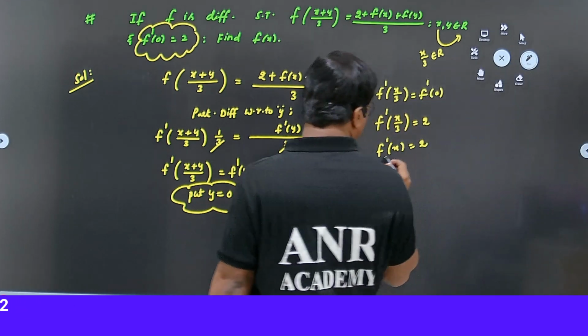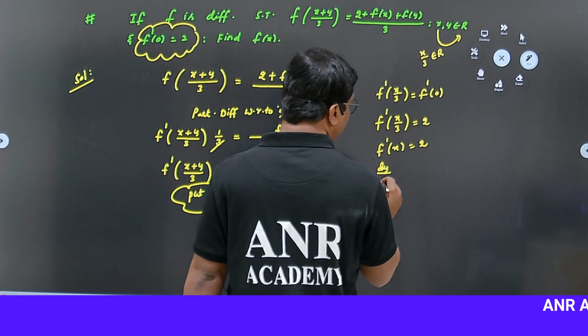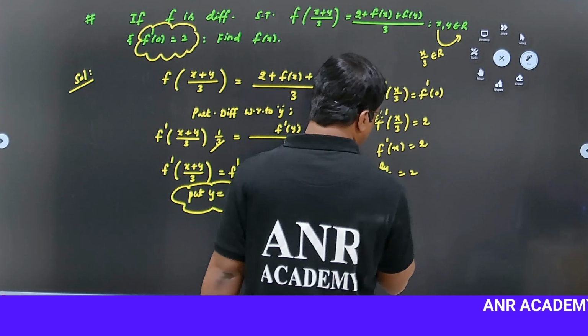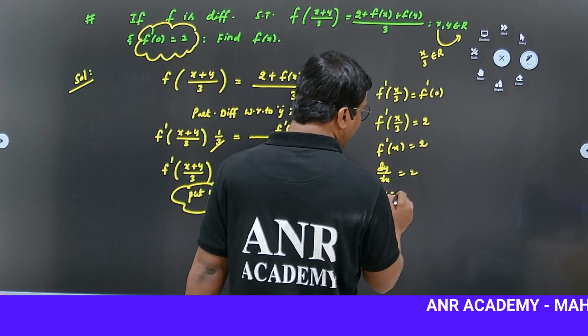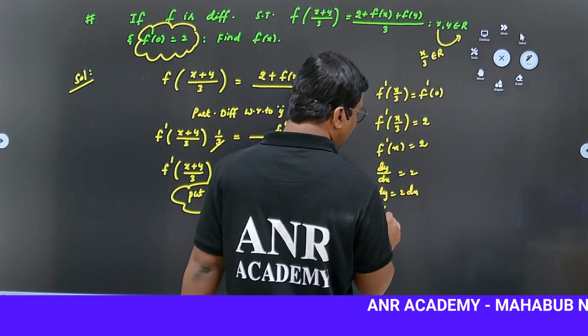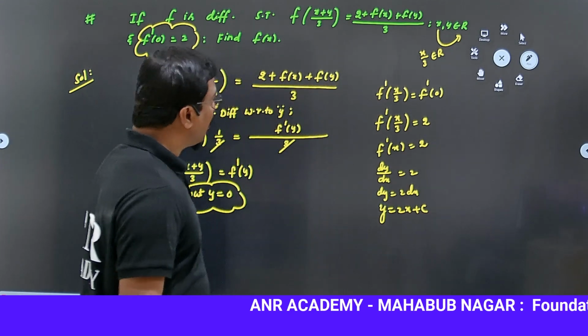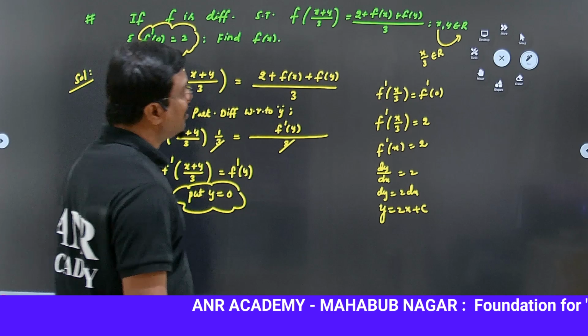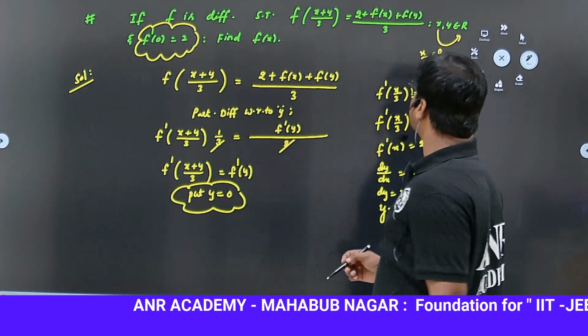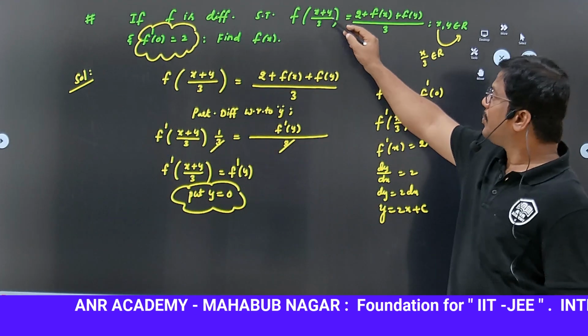So nothing but dy by dx value becomes 2, and dy equals 2 dx. On integration, y equals 2x plus c. To get the constant, let us suppose both x, y are zeros. If you put both x, y zeros,